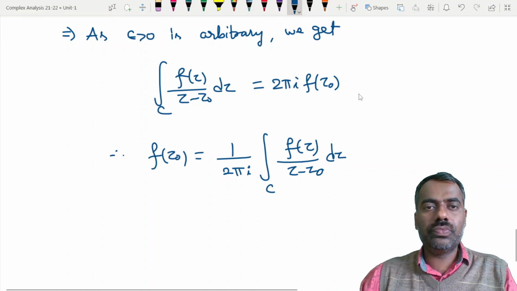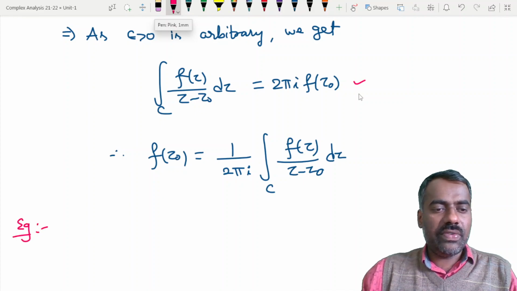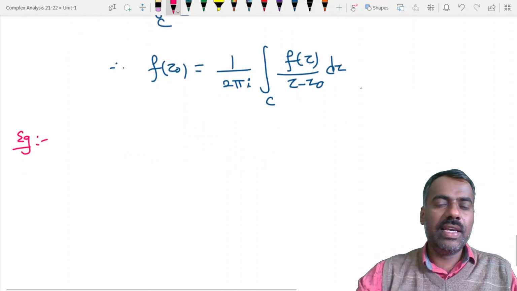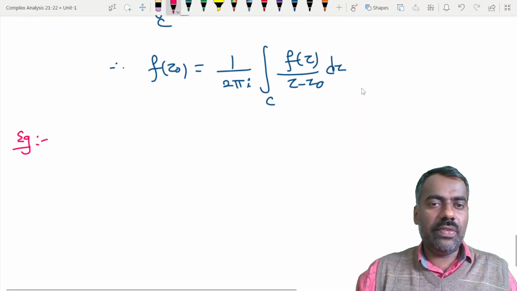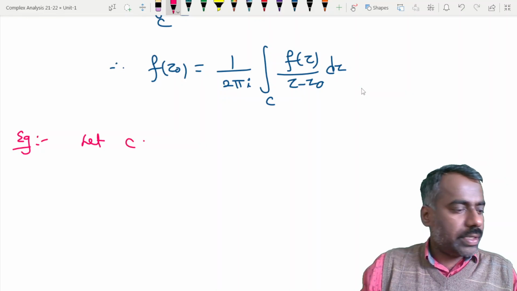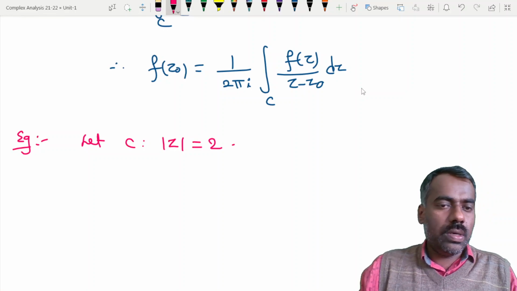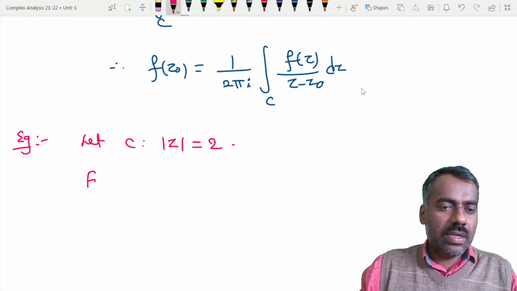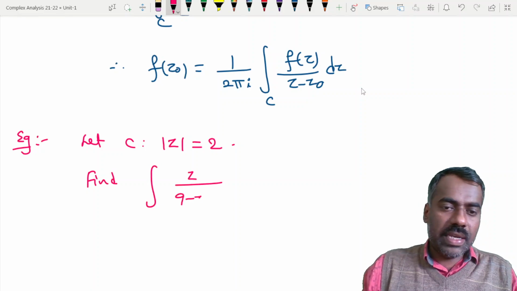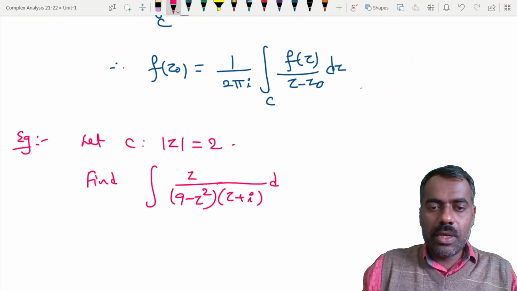Okay. Remember, this can be used several times to find the integrals. So let's quickly see one example of how we can find an integration using the Cauchy integral formula. So for that, let C denote the positively oriented circle mod z is equal to 2. Okay. Then find the integral of z upon (9 minus z square) into (z plus I) dz over this given